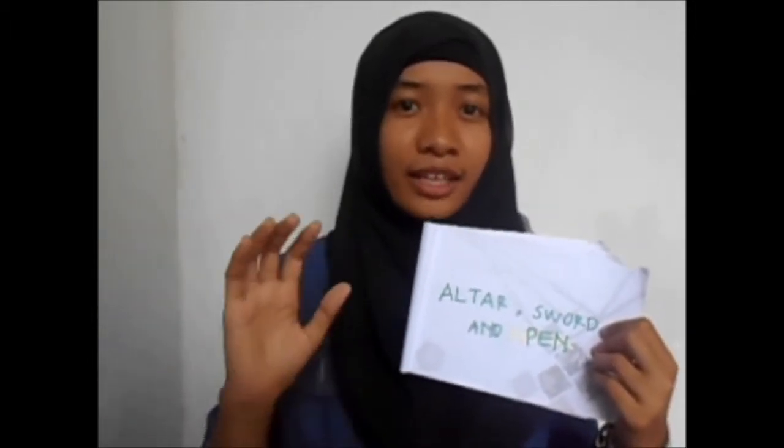In this case, it is altar, sword, and pen. Altar in this case represents religion, because as we know, an altar is usually related to the religious aspect, right? And then sword. Sword in this case refers to war. For example, at the time there was the Anglo-Spanish War at the end of the 17th century until the early 18th century. And pen in this case refers to literary work at that time, which was in deterioration compared with a couple